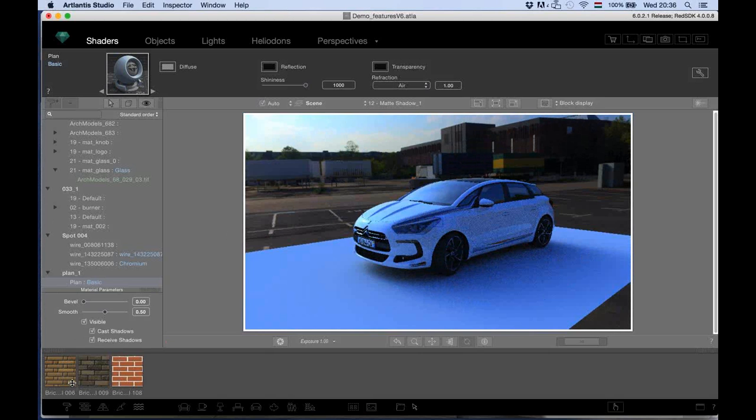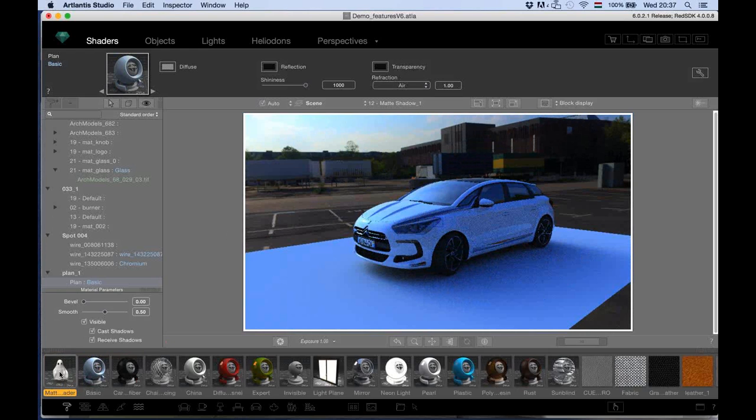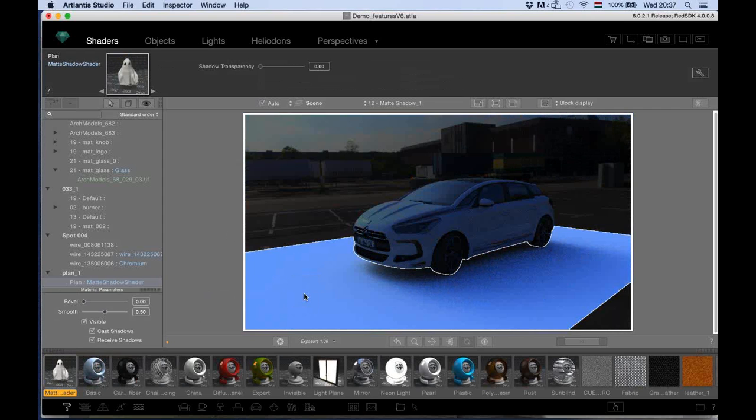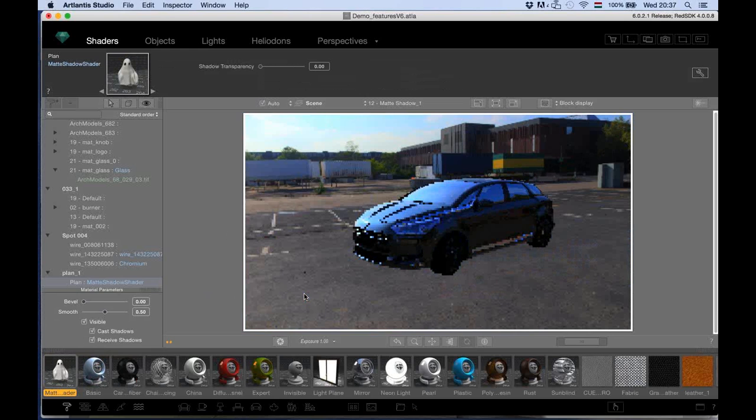And this is the purpose of this matte shadow shader. And you see it has a kind of ghost appearance in the catalog. So I drag and drop it over my plane. That will make the plane disappear. So I need a refreshment of my preview again